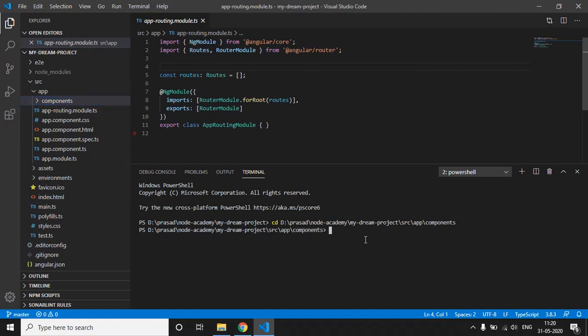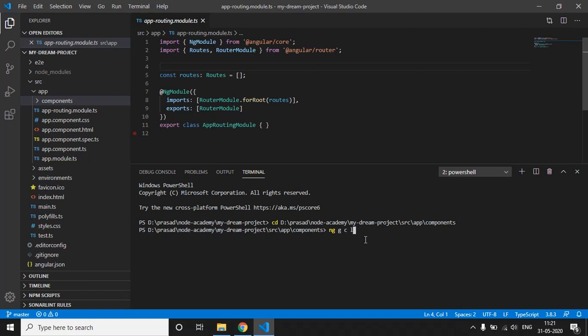For creating the components, we have the command ng g c, where g is for generate and c is for component. This is the shorthand for these CLI commands. Otherwise, you can write ng generate component and then the component name. But by using the shorthand, it speeds up the process and saves our time from writing the entire spelling of generate and component. So you can use it this way as well.